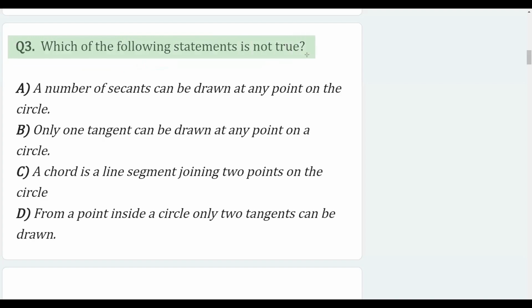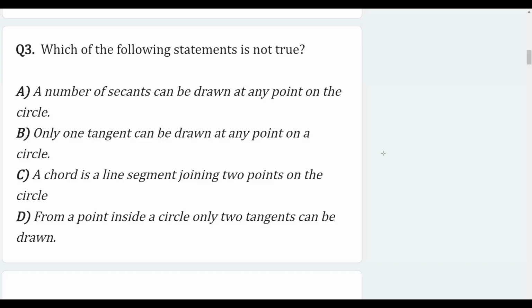Question number 3 says which of the following statements is not true, and this is from the circle chapter. We have to find the statement which is not true. If you read the first one, it says a number of secants can be drawn at any point on the circle. So what is a secant? It is a line drawn